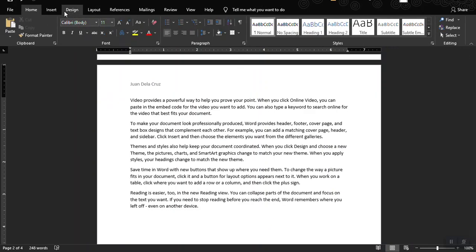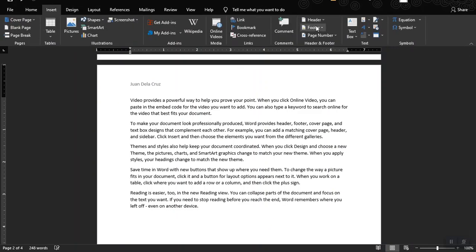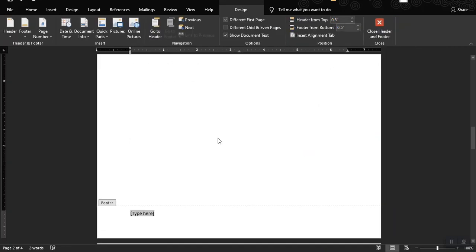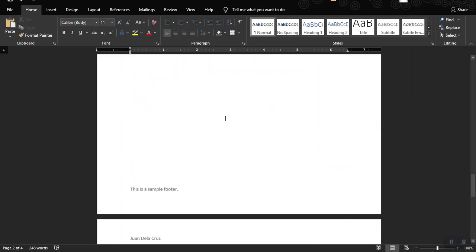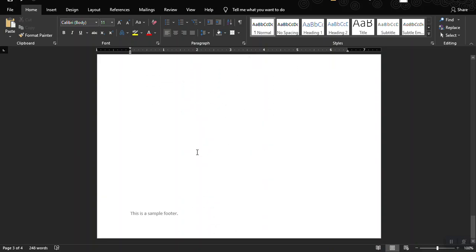So same goes for the footer. So let's say this is a sample footer. Okay, so this footer here will also be available to other pages. Okay,